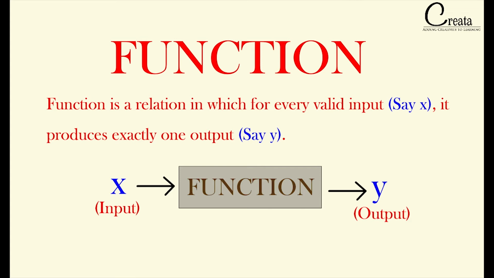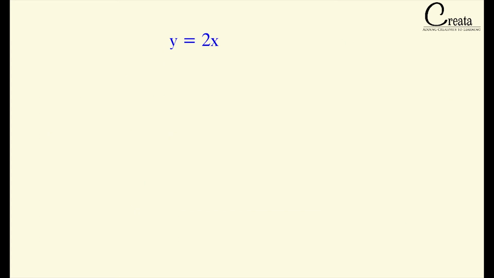A function is denoted as y equals f(x), where x denotes the input and y denotes the output. Let's take an example. Here we are taking the equation y = 2x + 1. Here x is the input. Let's put input x as 1 and we'll get y as 2 into 1 plus 1, which is 3. We are getting only one output, that is 3. So it is a function, as we are getting only one output against one input.